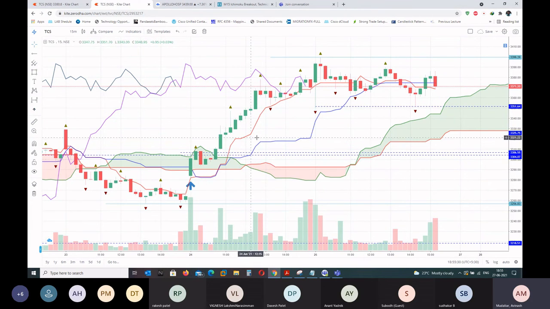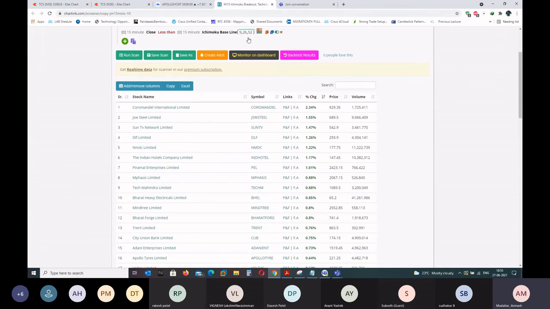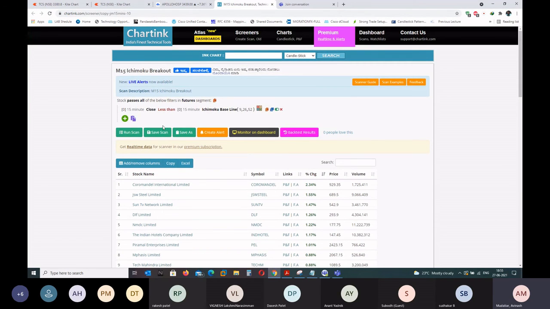So the idea is that once you buy, most of the time it will perform well, high chances, and it will be on the top of the gainer list. So you can make use of a strategy. I have created a scanner here in the charting. You need to run this at the EOD. So this is the formula.